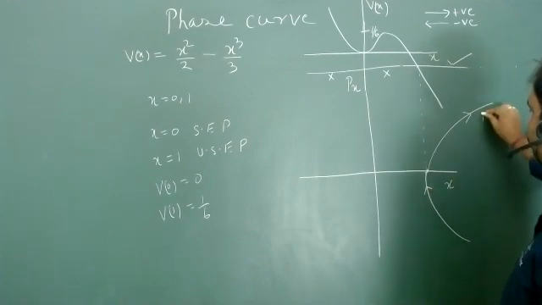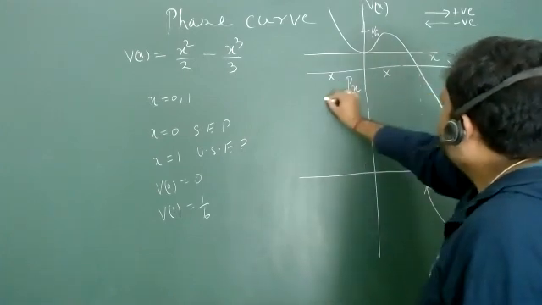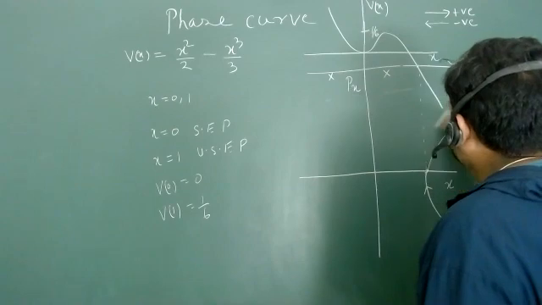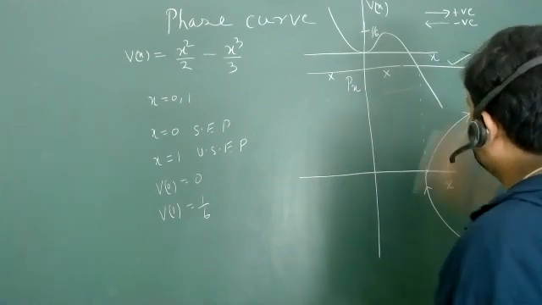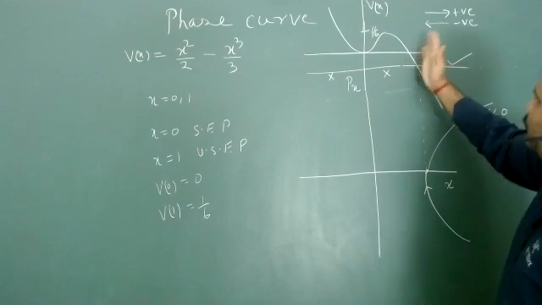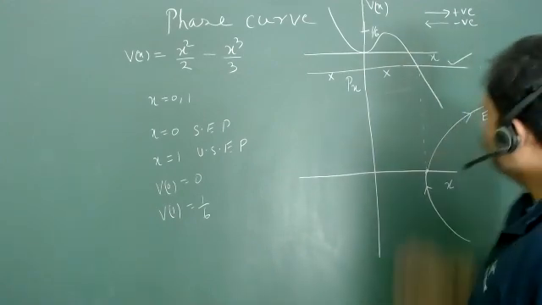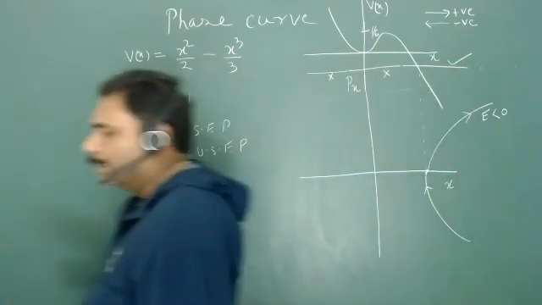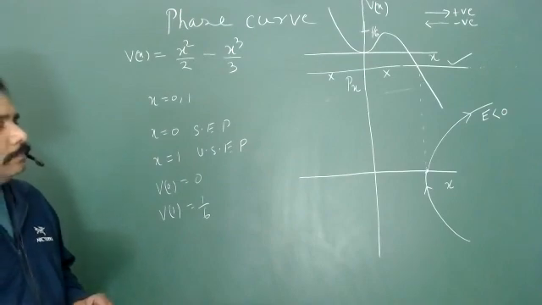This curve is possible for all negative values of energy. Whenever you want to take another value, it will be something like this. So these are my negative values of energy. This is some sort of collision: you will come here, collide with this potential and go back. I think everybody is going to understand this thing.